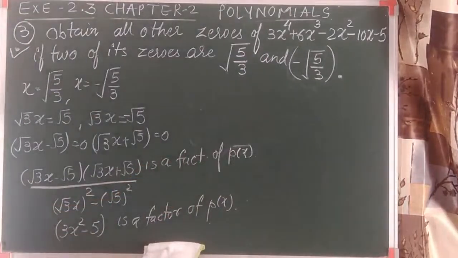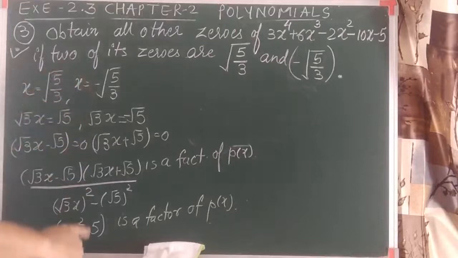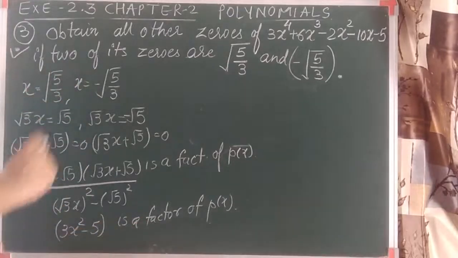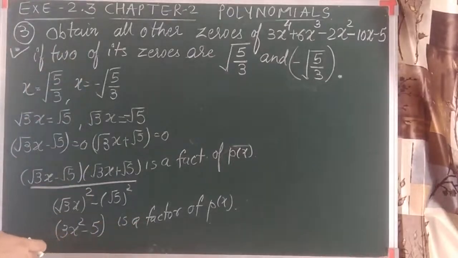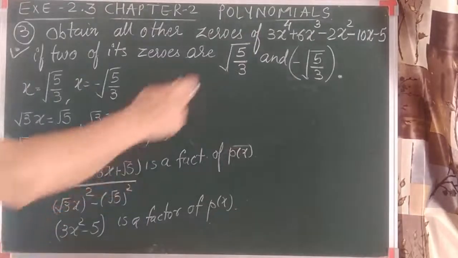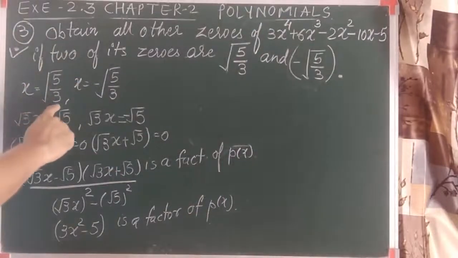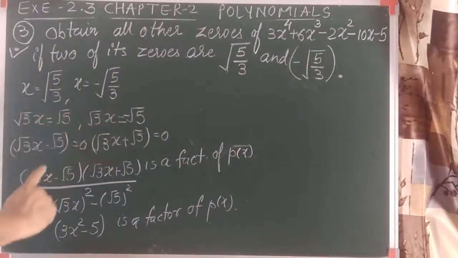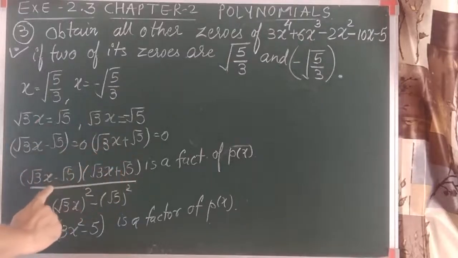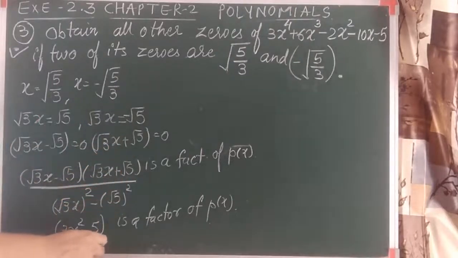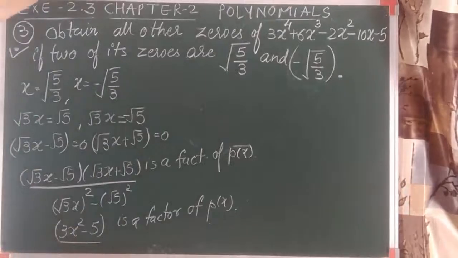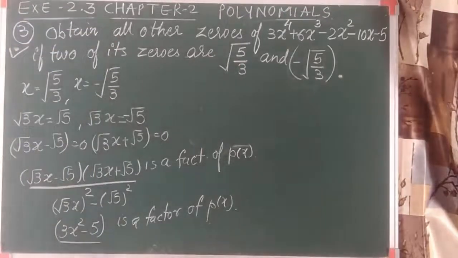This is the most important part of this question. If you can remember and understand this one, then remember that the sum will be over. That means you have completed 60% of the sum. From the values of x given, we obtain the factors. When I have done the product of the factors, I obtain one factor. Now how do we obtain the remaining zeros? Let us continue with the sum.